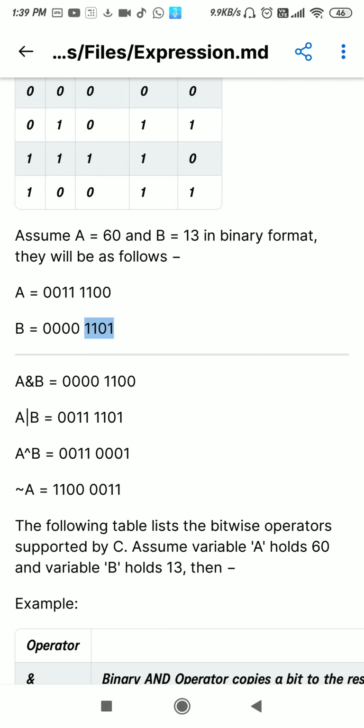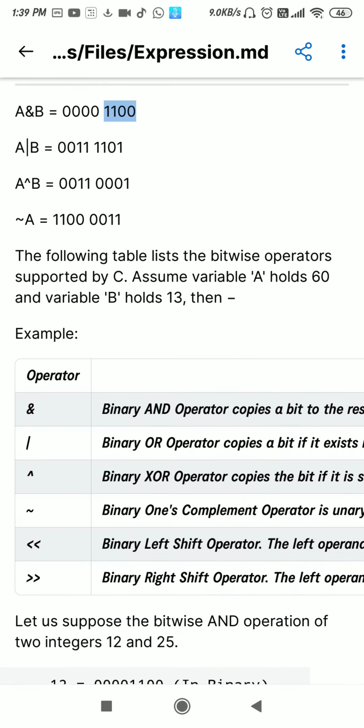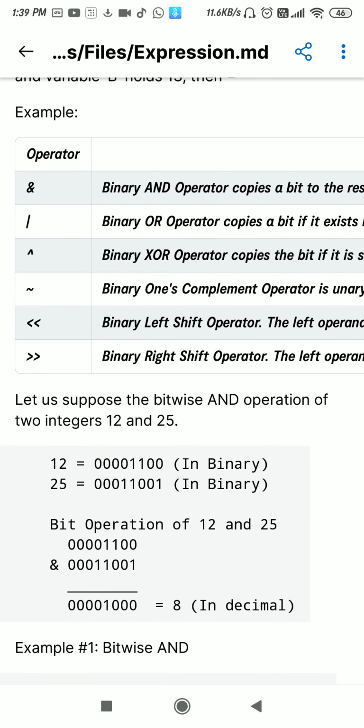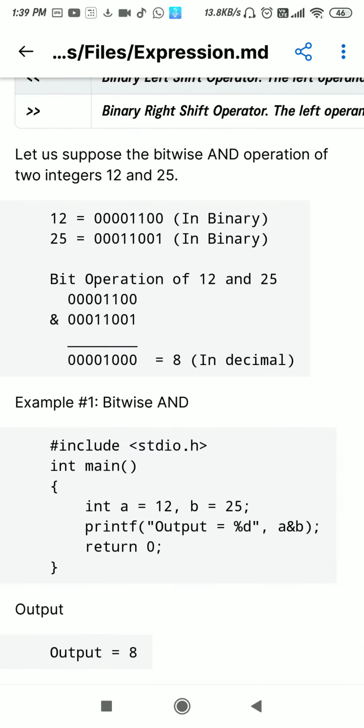So to the power 2 is 4, 8, 8 plus 4. So the answer is 12. So this is how we use the bits. This is also an example which is properly given in this link. You can check it out.